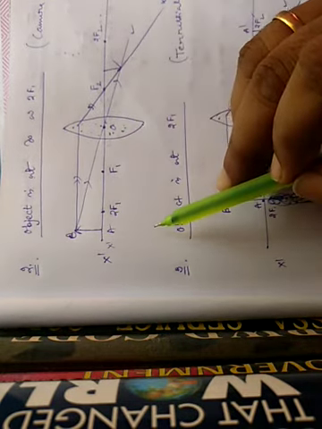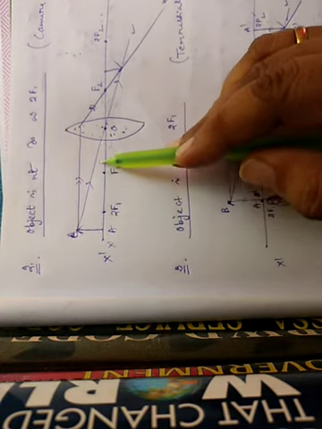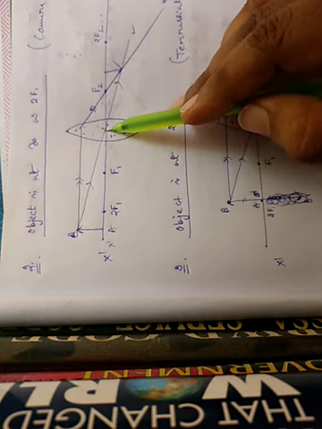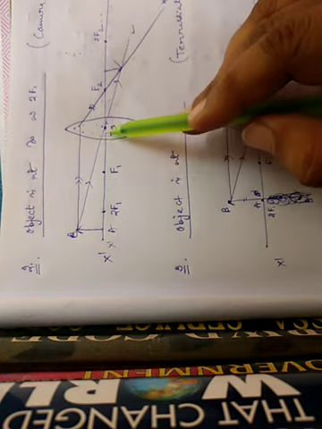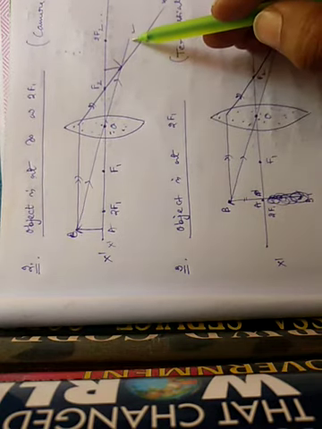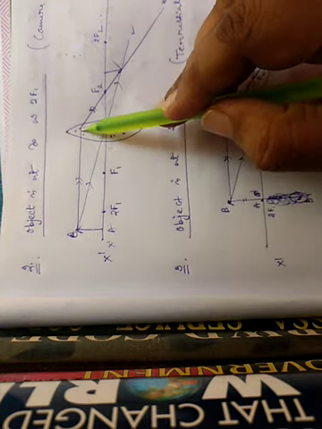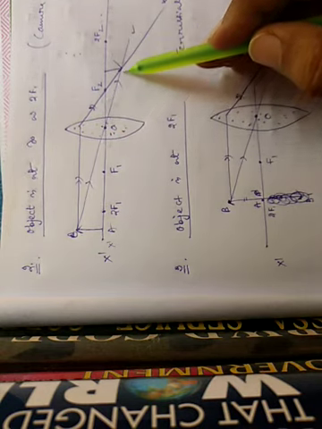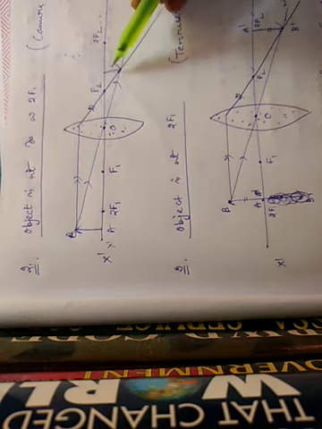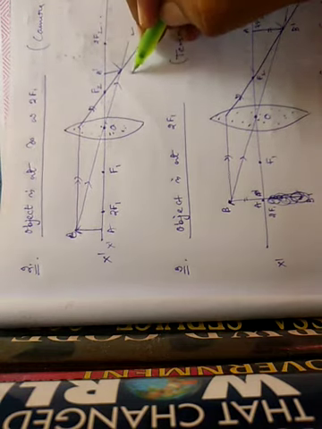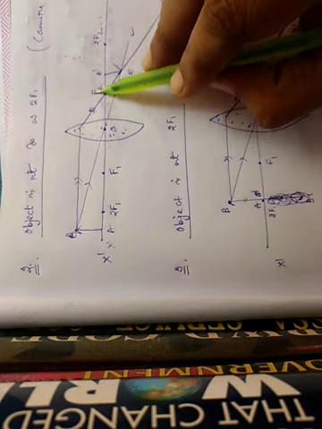Here is the object AB. First use this ray. From the point B, draw the incident ray passing through the optic center. Then it will remain undeviated according to the principle. If the ray passes through the optic center, it remains undeviated. Now the second ray is parallel to the principal axis. According to the rule, it passes through the second focus. Now the two refracted rays intersect at this point. This is the image named A dash B dash. Now you can use this point as F2.